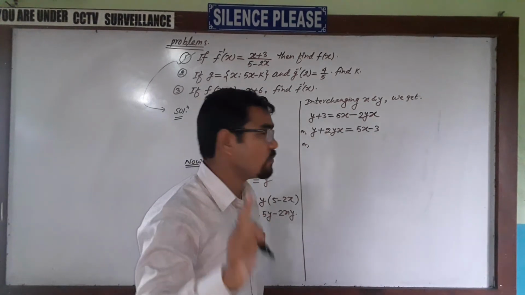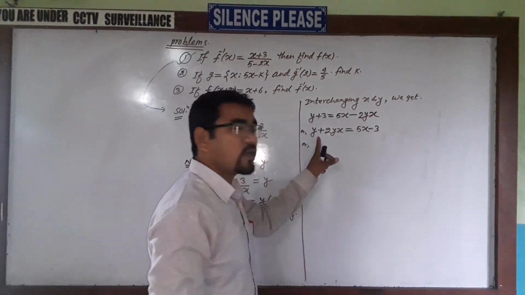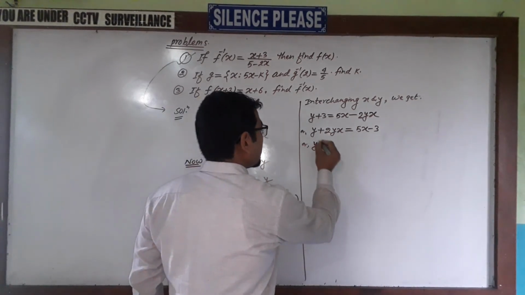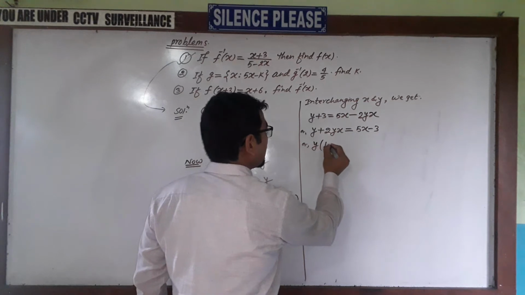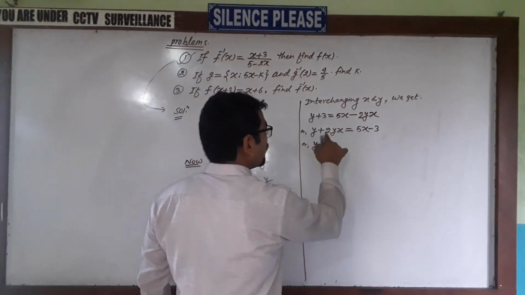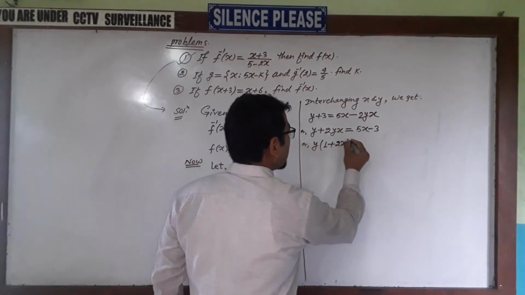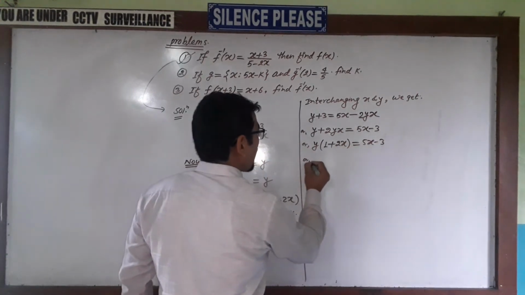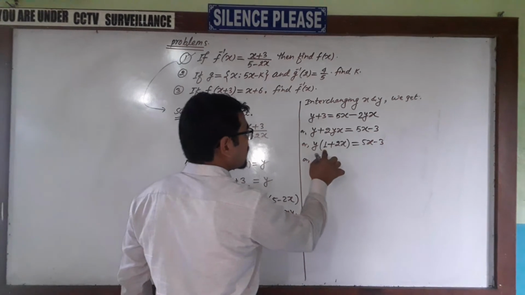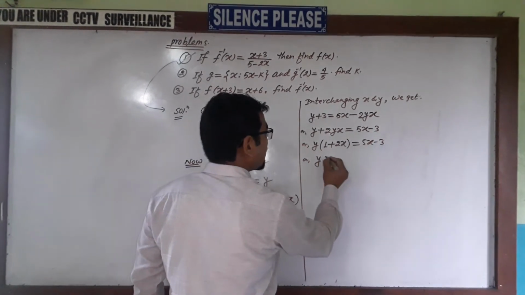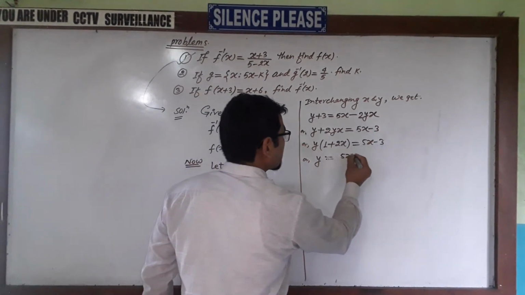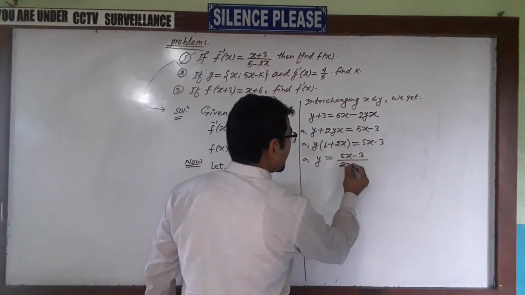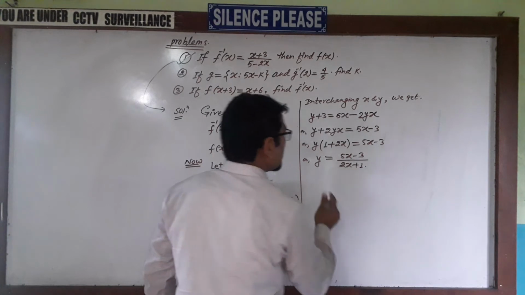We have to find the value of y, so y common we can take from here. So y common take it, then there remains 1 here, 1 plus, y already common came, 2x remaining, 2x we can add inside. This is equal to 5x minus 3. So y value we can find, this it is in multiply, this goes there in divide. So y is equal to 5x minus 3 divided by 1 plus 2x, we can add better 2x plus 1. So this is y value coming.